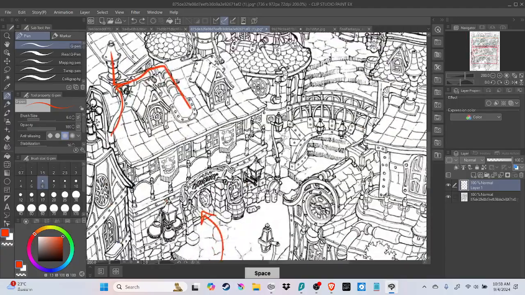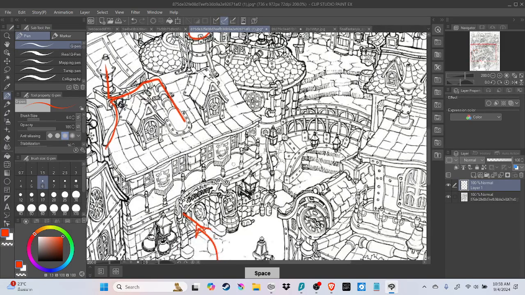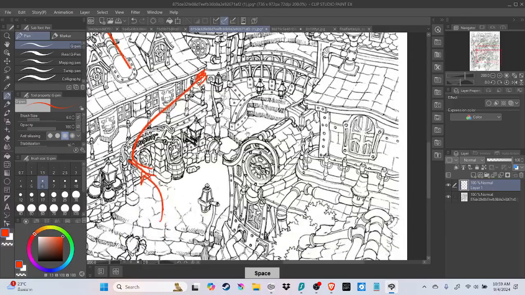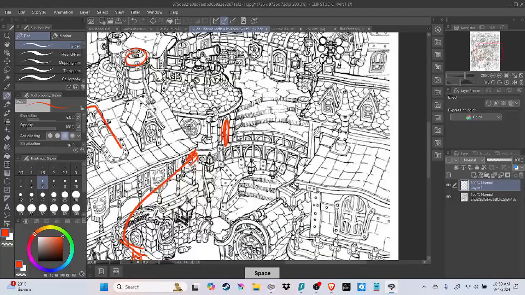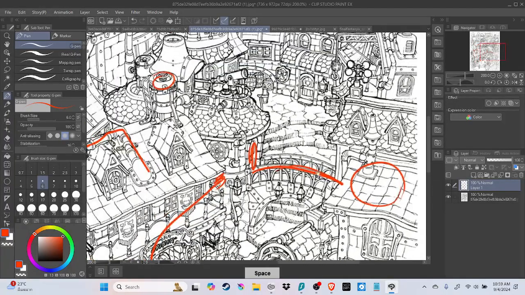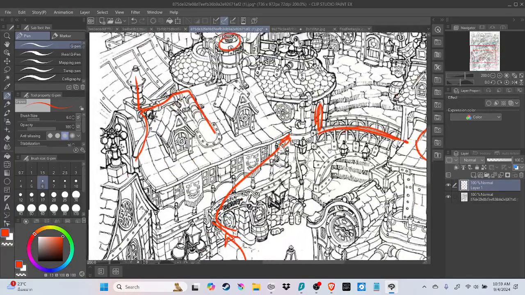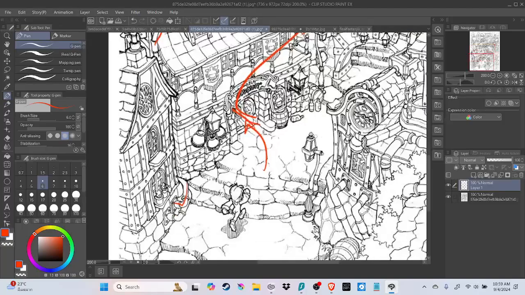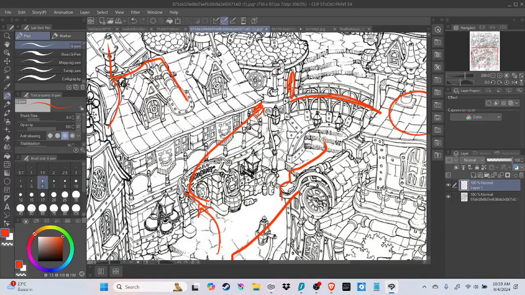And I'm also clued in on what this area might be linked to, because it's not completely clear to me if these two buildings are connected to one another. They may not be. It may just be the perspective, but I do see that there is a door here. And from this door, there's a bridge. So there's a whole other area over here that the game is telling me I can potentially go into, right?